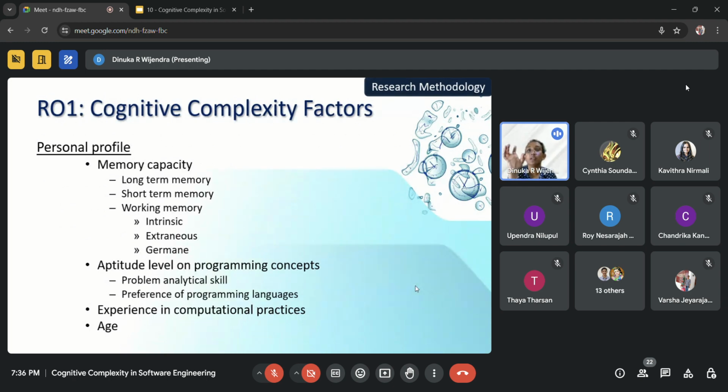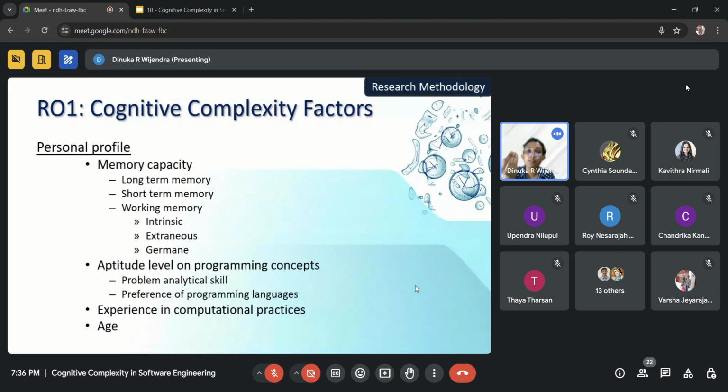In order to understand something, the person has to have some memory. That is the main thing. Because if we don't have a memory, or if we don't have a capacity to understand something, that capacity means the memory, what is processing in our human brain. If we don't have that capacity, we don't know what to do. If we don't know what to do, we don't know what to understand. So the very first sub-factor that I thought was the capacity.